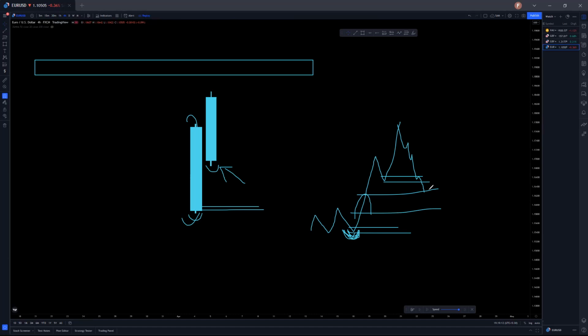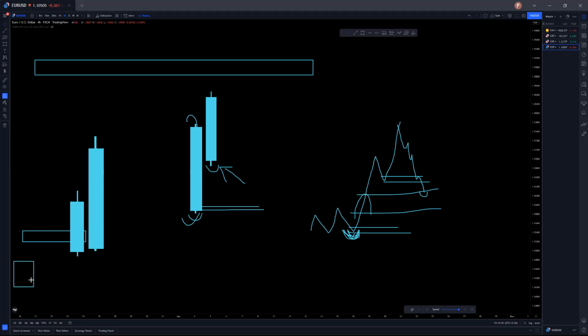All right, so sometimes you must have seen these kinds of things. Suppose you have a POI, suppose your POI is like this, and price broke that and then continued bullish. Why does it do that? Because sometimes there is some sort of liquidity or imbalance here. So price usually fills that imbalance and then continues its journey.